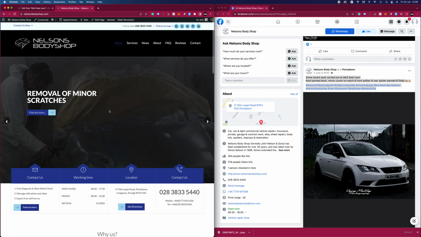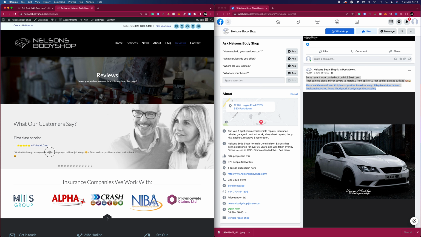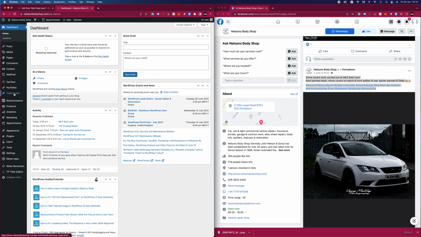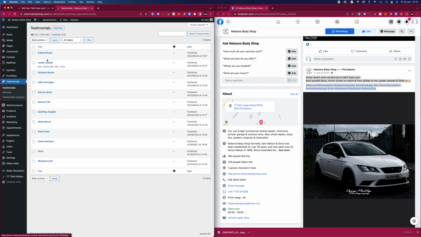Some of the other pages then to go into would be the likes of reviews. So these reviews, I've copied across 10 from Google reviews and a mix of Facebook reviews, so they are all in. So how would you go about adding in new reviews? Well, you need to go to the dashboard here and go down to testimonials. There you can see all the testimonials, and to add a new one you just press the add new button